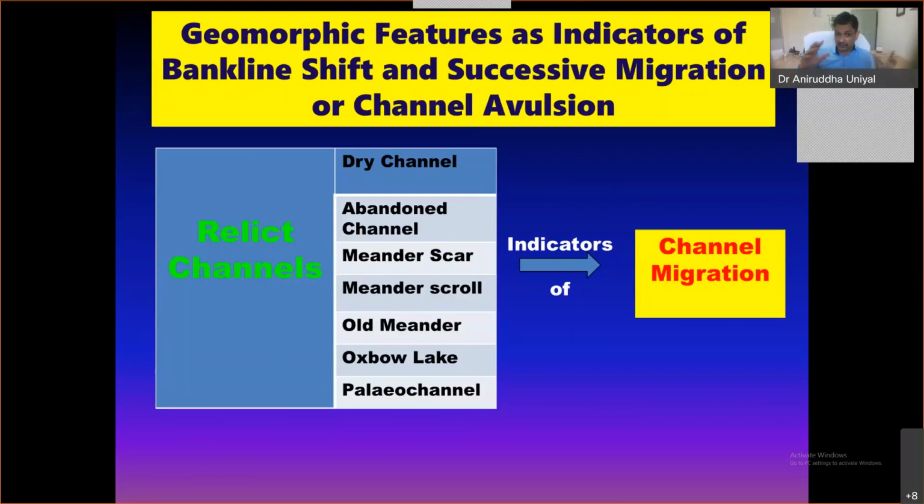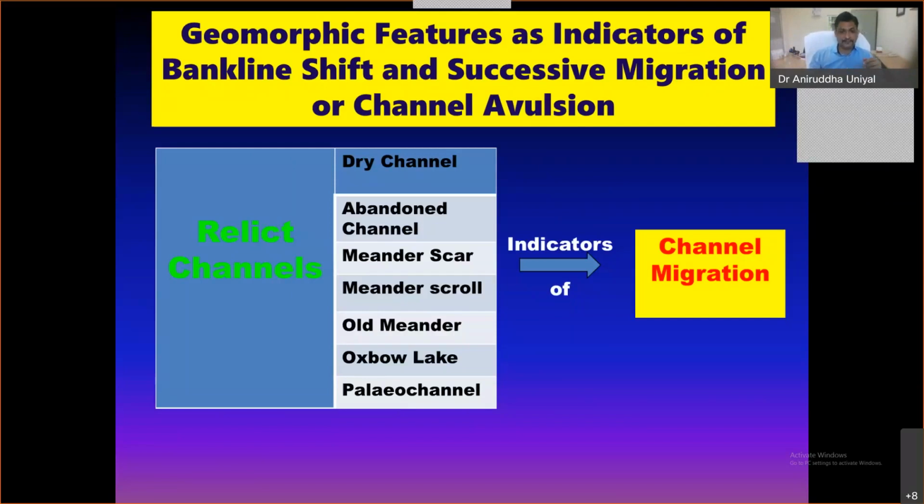We might be able to construct paleo drainages. We might be able to delineate the precise boundaries of active and old floodplains. And we can infer to some extent the future behavior of the rivers, their future pathways, their future tendencies to migrate in a particular direction, wherein they are going to threaten a particular settlement, industrial area, croplands, forested areas, or any other important